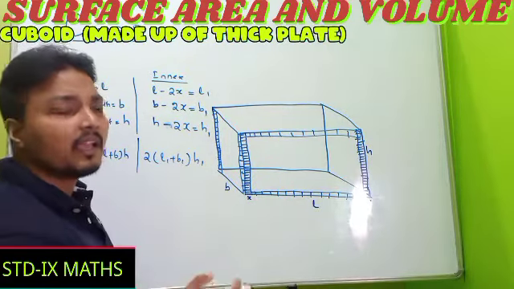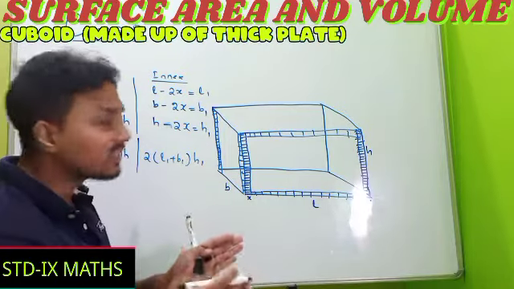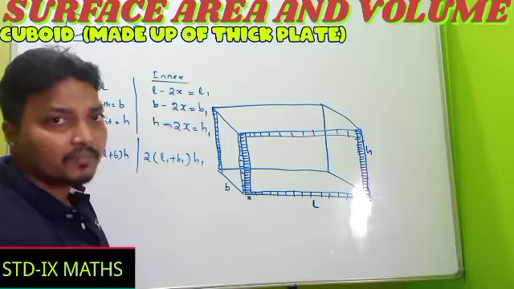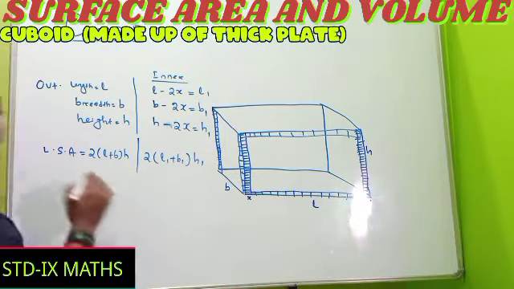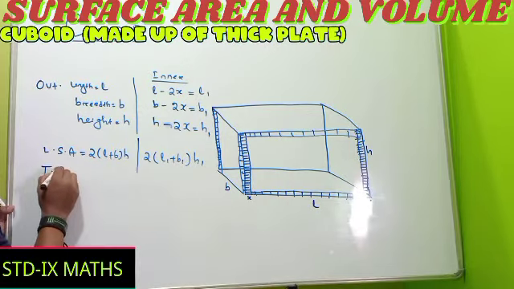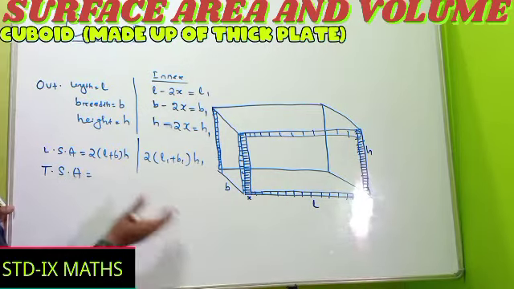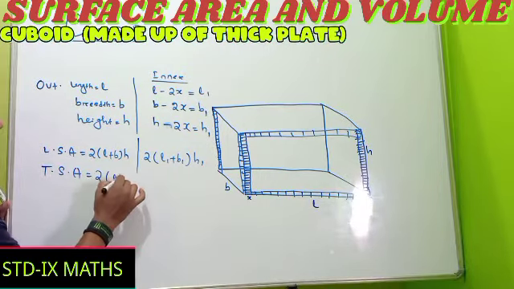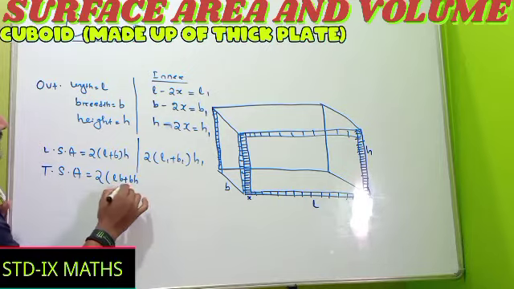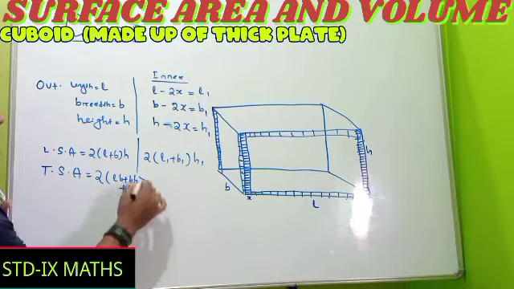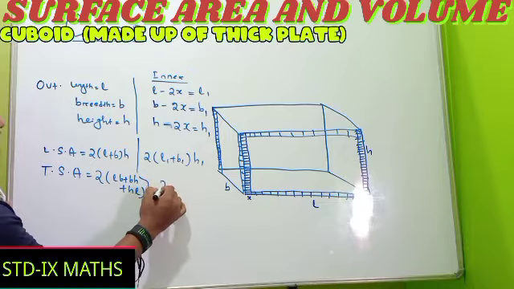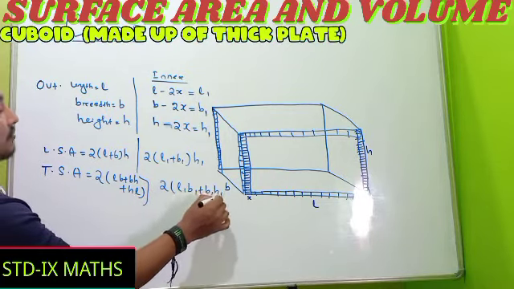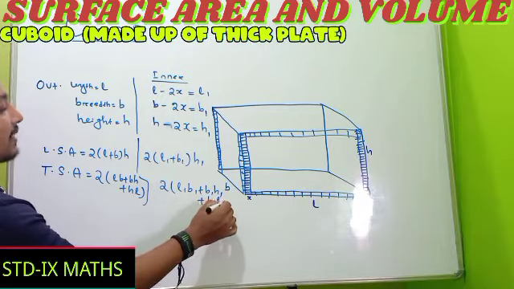Example, it is just like this. You have to color the water tank, and the water tank is made up of bricks. So it means 100% it has some width. And whenever it asks you total surface area, total surface area means all 6 surfaces you are coloring. Here the formula is 2 whole into LB plus BH plus HL, and in this case you have to put L1 B1 plus B1 H1 plus H1 L1.